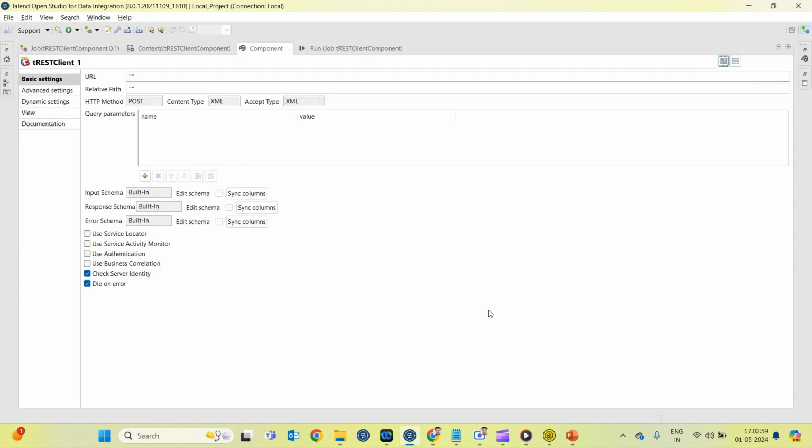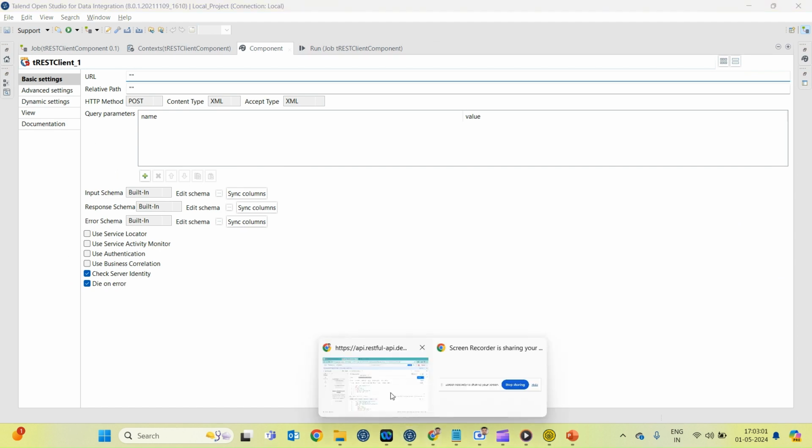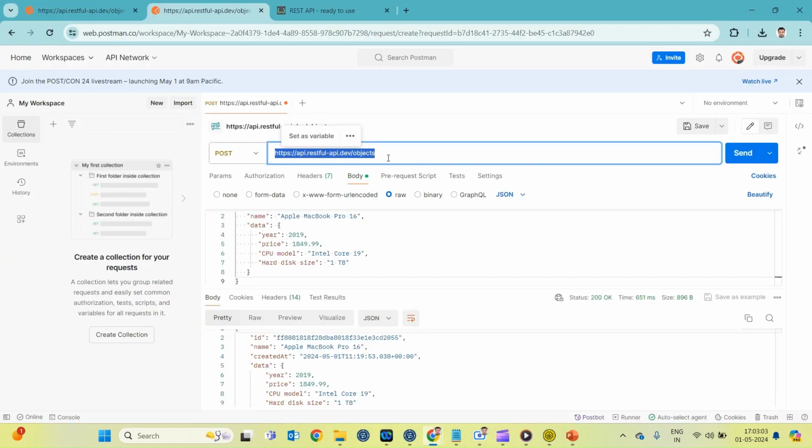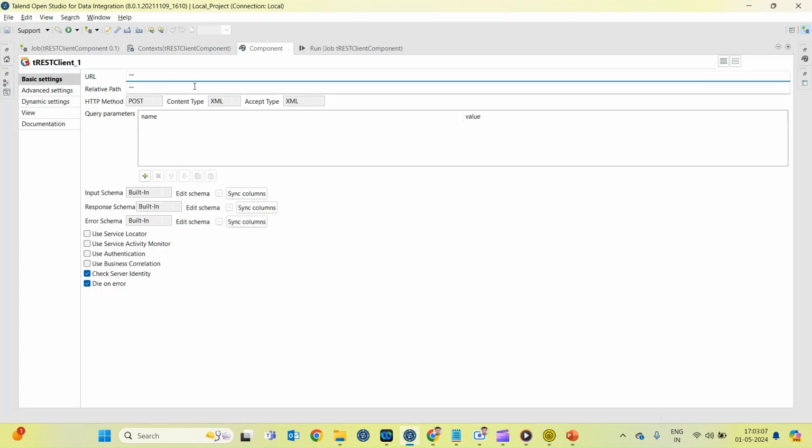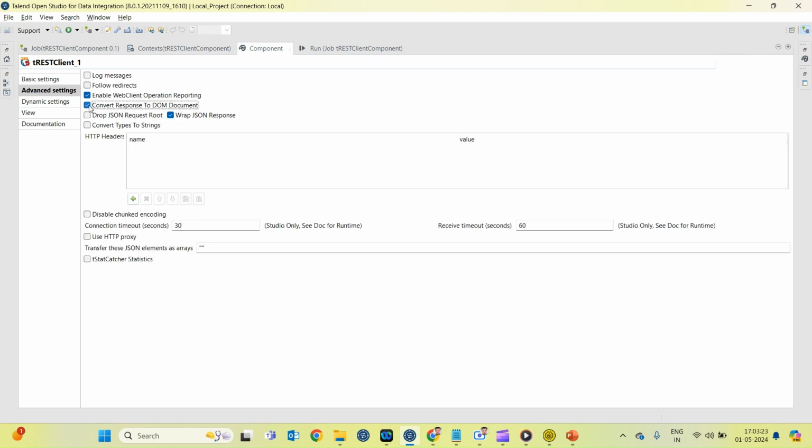Let's configure the tRESTClient component now. I'll go back to Postman, copy the URL, and paste it over here in the URL section. I have already selected the post method. My content type is JSON because I am providing a JSON payload. Accept type is also JSON. I'll deselect convert response to DOM document,